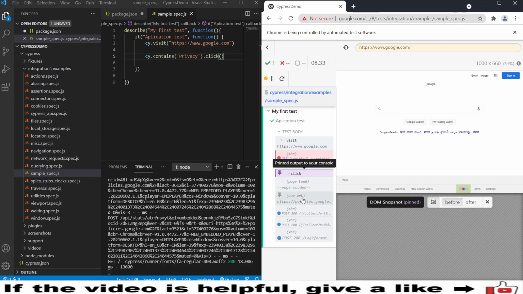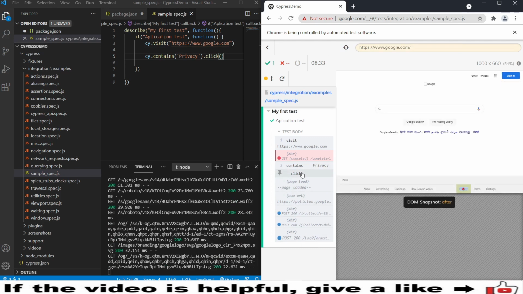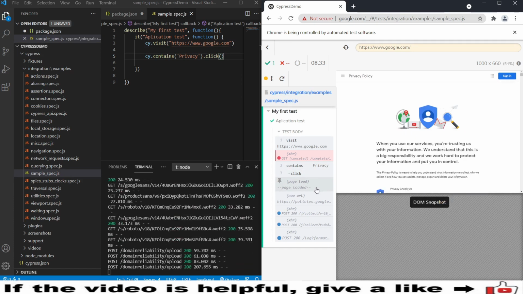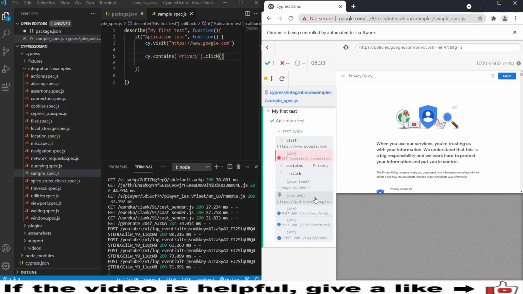If you pin this, you cannot see any other command log actions after you pin. This is for the debugging process, where you can use this pinning action. So you can unpin and you can see all other commands. And as soon as it clicks, it opens a new page, right? By default Cypress provided some page load, so it has provided some dynamic waiting time, which waited for a certain time for the page to get loaded. After the page got loaded, it then routed to a new URL, right? So this is one feature, the automatic waiting feature that we have in Cypress.